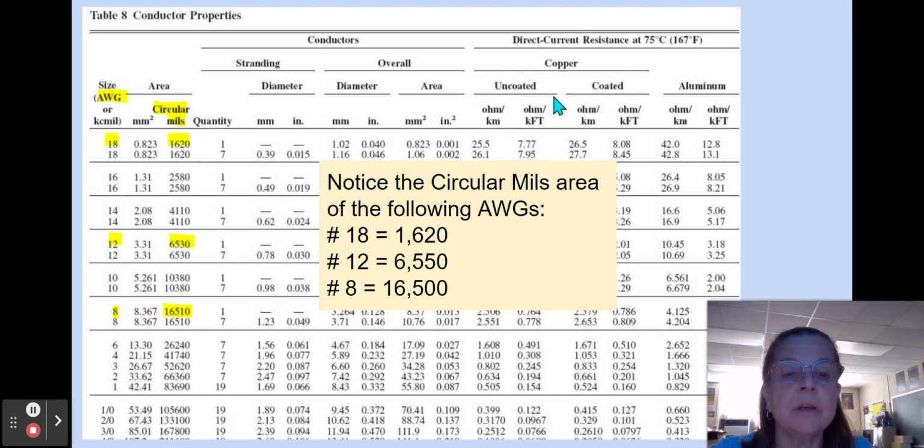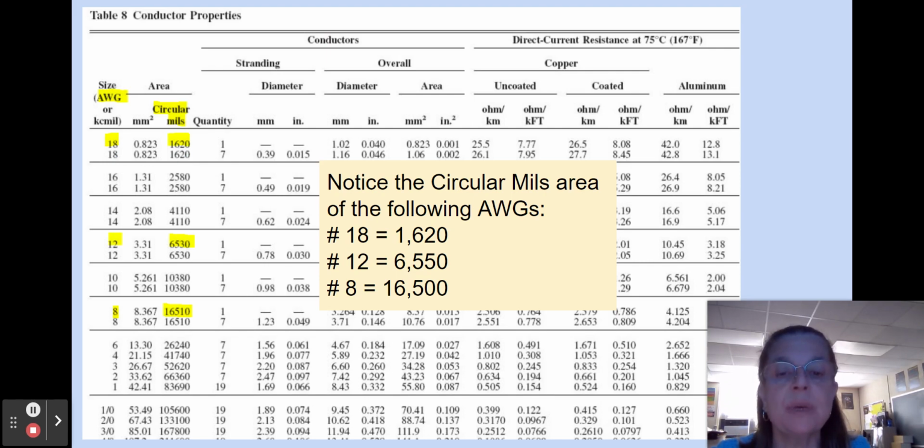There is also resistance of copper and aluminum based on ohms per kilofoot, but we're going to use the two constants that we have. So how do we use this table? Let's take a look at number 18, number 12, and number 8. If I go to number 18, the cross-sectional area is